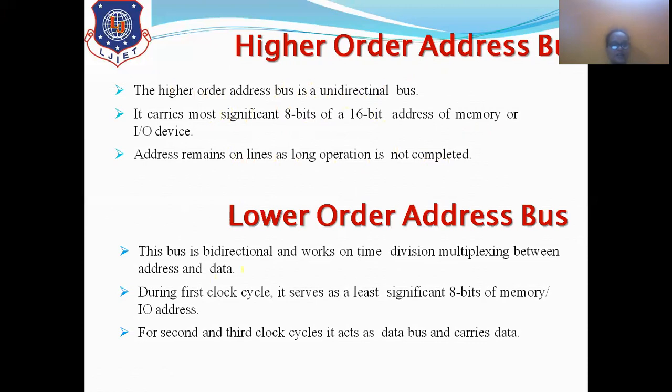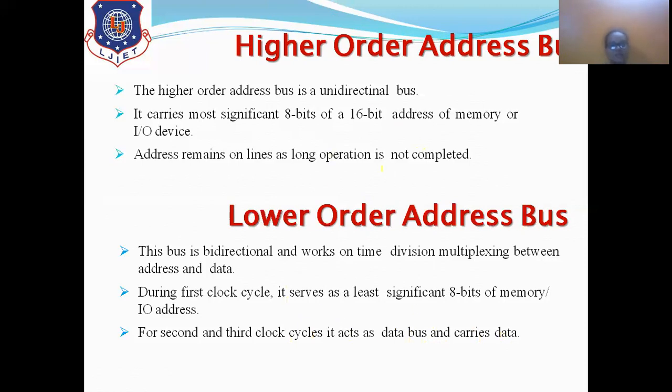This bus is bidirectional as it is multiplexed with the data bus, and works on time division multiplexing between address and data. During the first clock cycle, it serves as the least significant 8 bits of the memory or IO address. For the second and third clock cycles, it acts as a data bus and carries the data. Similarly, there are 3 cycles, and during these 3 cycles,